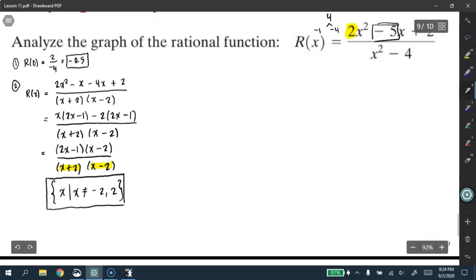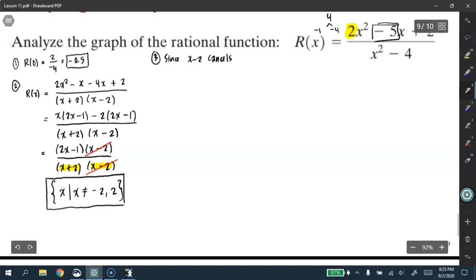All right, step number 3. Okay, step number 3 is for us to tell the holes and the vertical asymptotes. Now, this is where things get a little bit more dramatic. Notice that if you go back to the factorized version of this in step number 2, x minus 2 can cancel out from the numerator and the denominator. So I want you to write it in words so you understand why we said this. All right, so since x minus 2